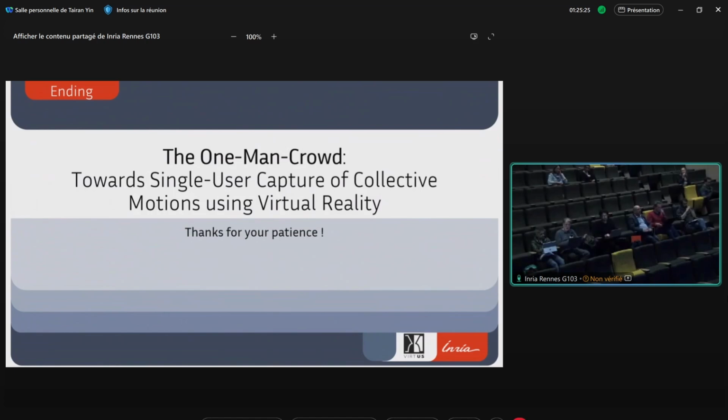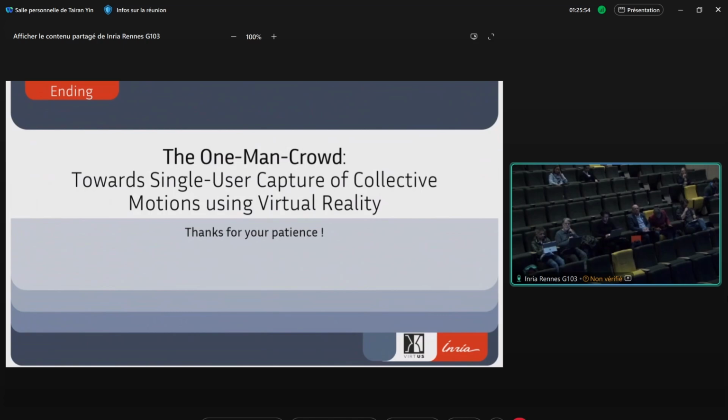So behavioral experiments on evacuation or pedestrian interactions. And the third would be to generate huge data sets for training deep learning simulation models. So my sense is that you did a pretty good job at satisfying the first goal. What's your evaluation of the state of the one-man crowd at this point in satisfying those 3 goals?